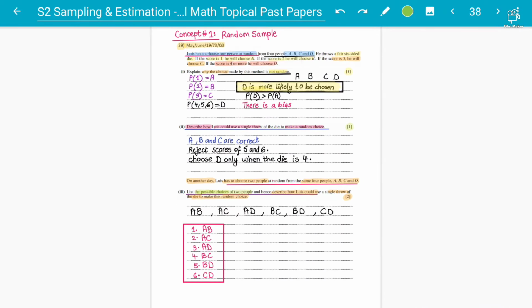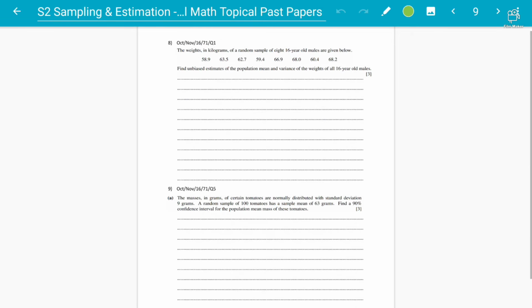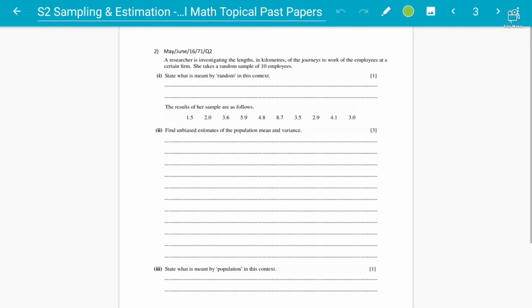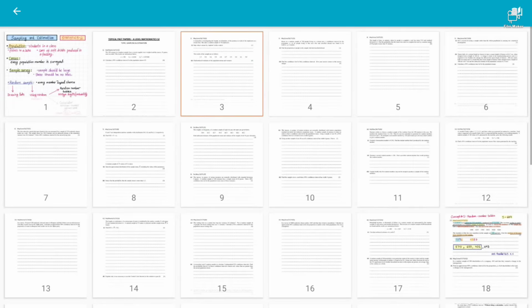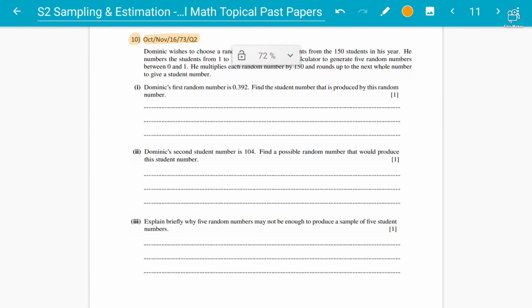Make sure to understand, practice, and attempt a couple more questions like this. I'll share one of the questions with you, which you can answer in the comment section, and we can check it for everyone later on. I would expect everyone to attempt a question like this one. So you can attempt October November 2016. Make sure to take a screenshot and attempt question number 10 from October November 2016. It's almost a similar type of question, and answering in the comment section will help whoever is correct or wrong.